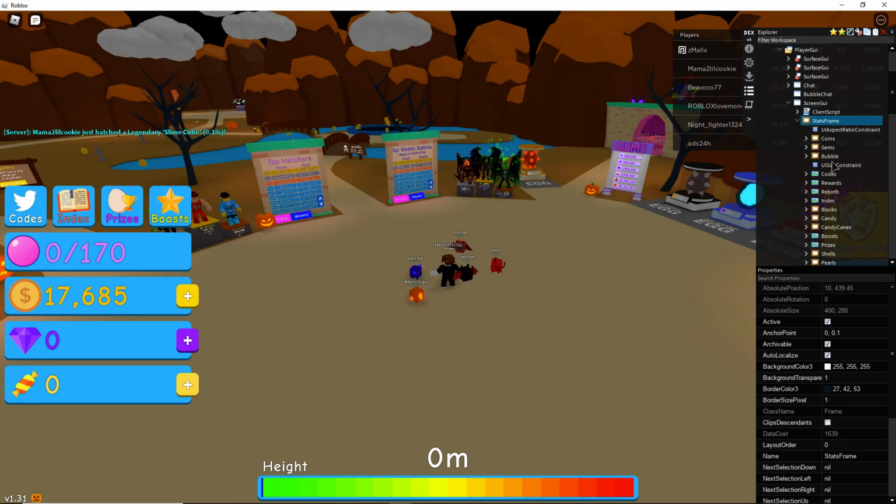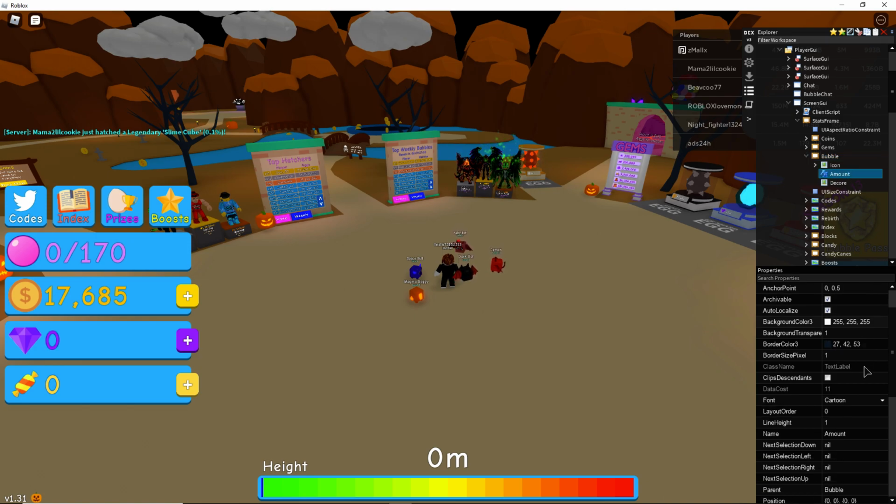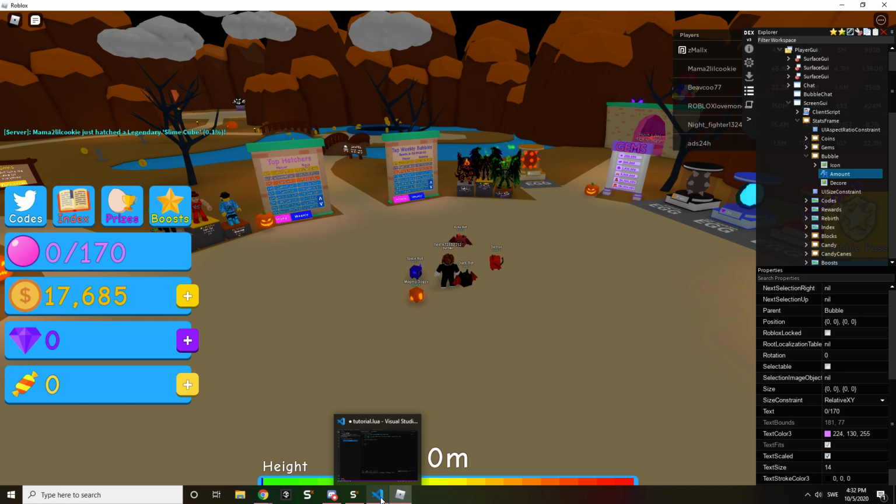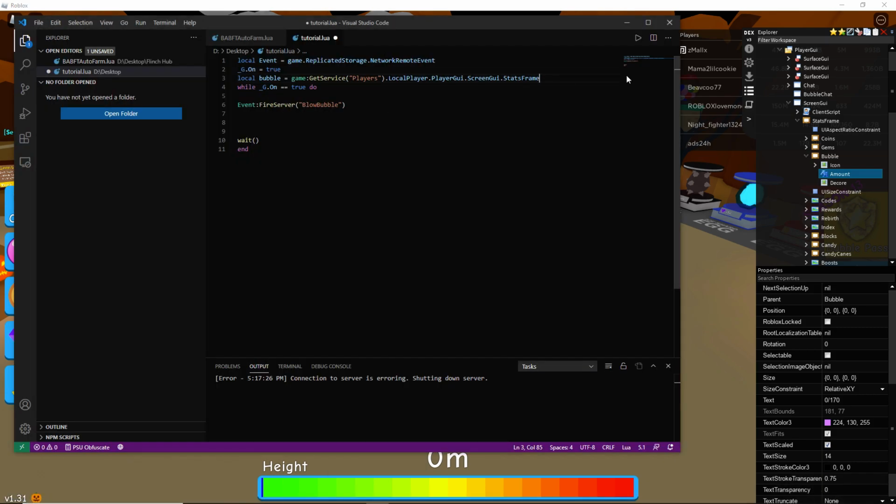And then I am guessing that it's bubbles, but we can make sure by going to the text label, and text. Yeah, it's 0/170. Okay, so let's write dot bubbles. No, bubble actually. Yeah, bubble. Dot amount. Okay, so now let's go here and write